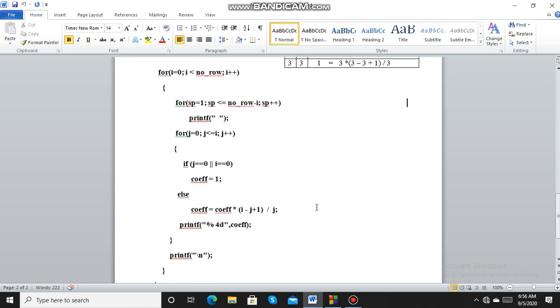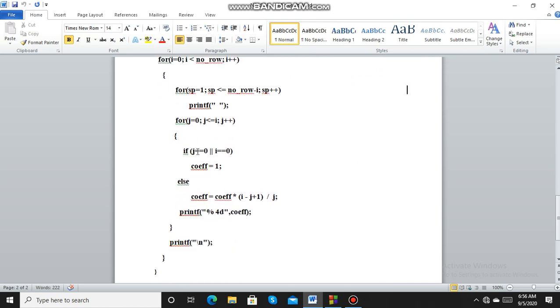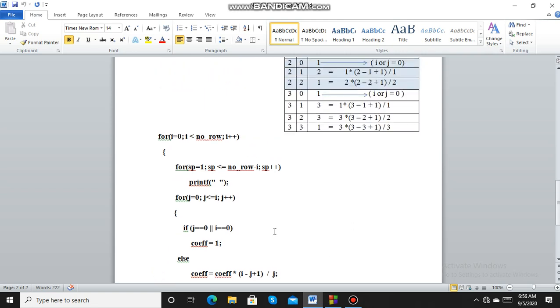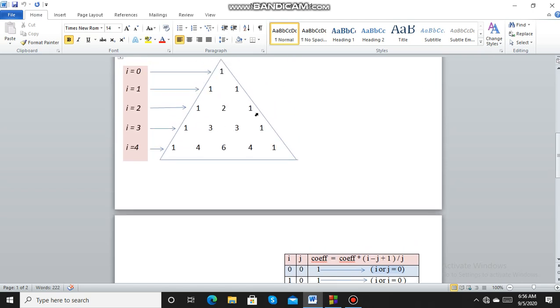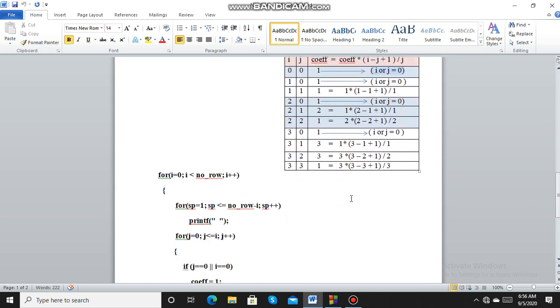Now the value of j becomes 2. When the value of j becomes 2, it will come to this else again and compute 2 minus 2 is 0, plus 1 is 1, by 1. So the coefficient printed is 1. That is 2 minus 2 plus 1 into 2, divided by 2 into 2, where 2 minus 2 is 0, plus 1 is 1, by 2 into 2, it cancels out and it is 1. The coefficient is 1. Similarly, this loop keeps executing, the calculation is done and the triangle gets printed.